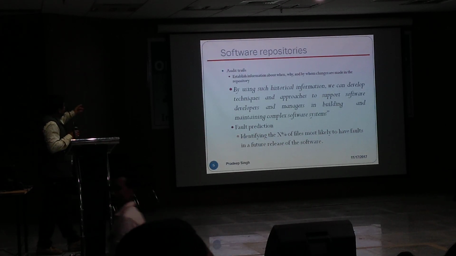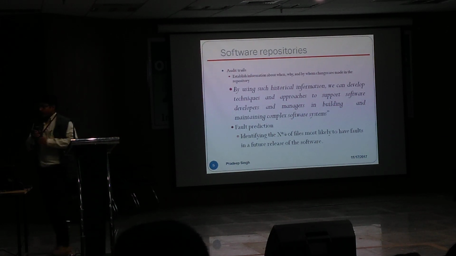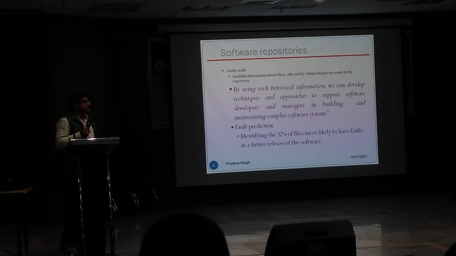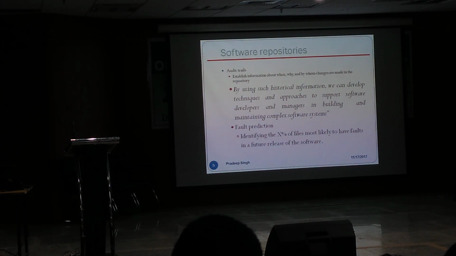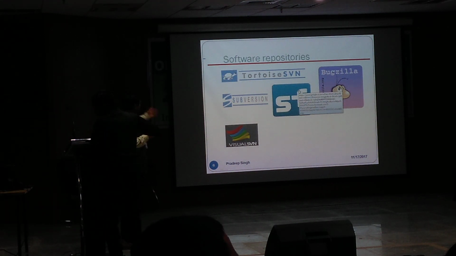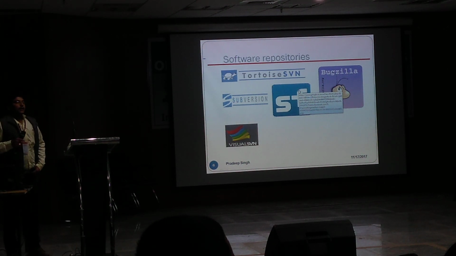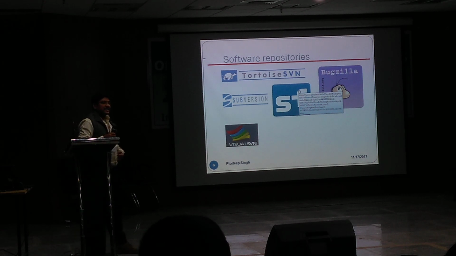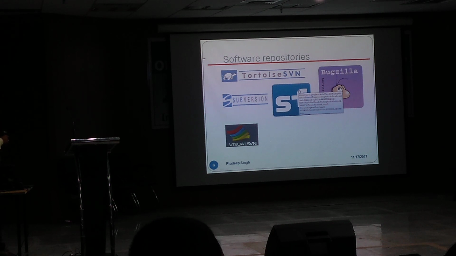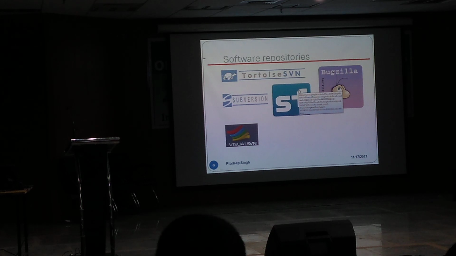So how to get that information? For this, we take the information from the historical record of the software, which is stored in different versioning systems and managed by developers. Various software repositories are available online. SVN is one of the biggest ones, followed by sourceforge.net, one of the largest databases, where you will find most of the open source projects with their source code repositories and bug repositories. Bugzilla is used for bug repositories.